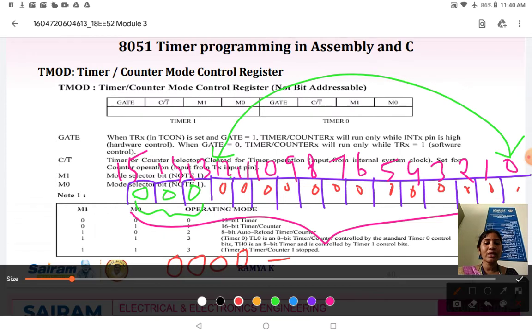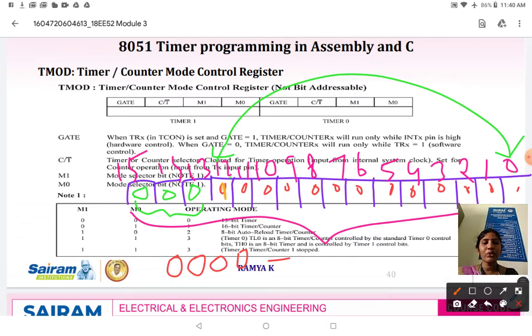To find out the maximum count, I have to load a new value. So in the place of zeros, you need to load 1. So wherever you have 0, all the 13-bit blocks are loaded with 1. So when you load with 1, these 4 digits comprise F, and this is completely 1. So the maximum count is going to be 1 triple F.